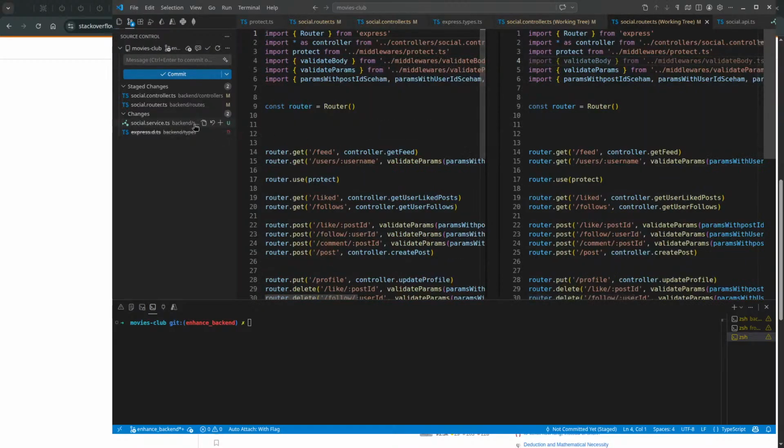We still haven't implemented the body validation, but that's okay.